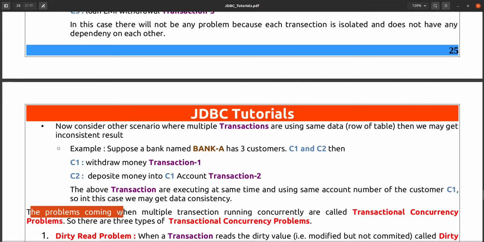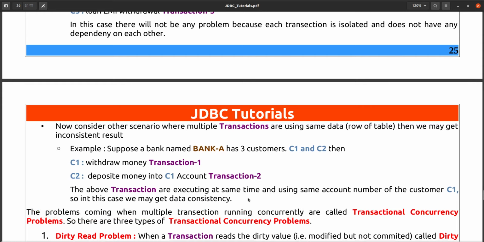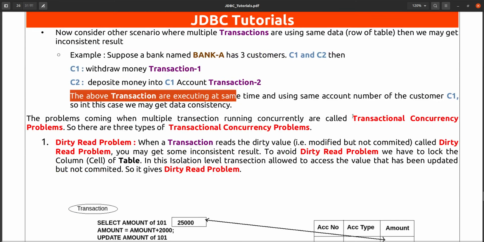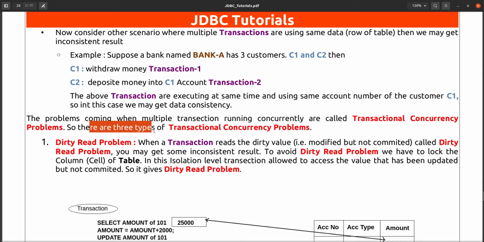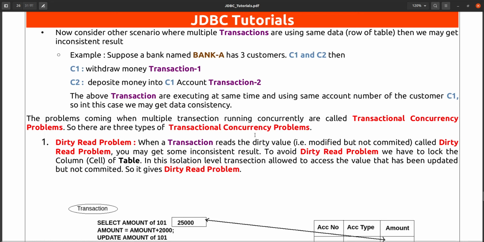The above problem, coming when multiple transactions run concurrently, is called a transactional concurrency problem. So what type of problem are we getting here? We are getting a transactional concurrency problem, and it has three types. What is a transactional concurrency problem?